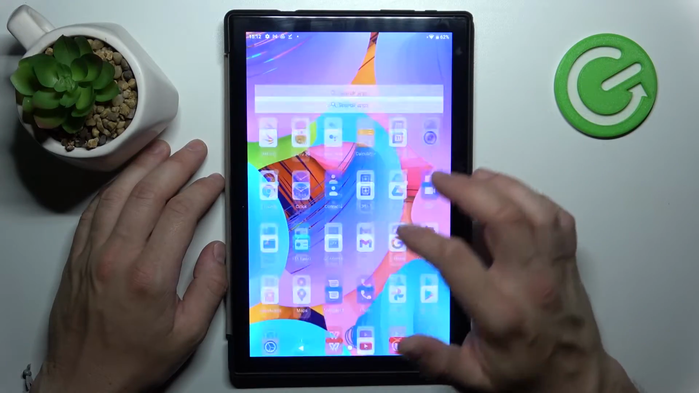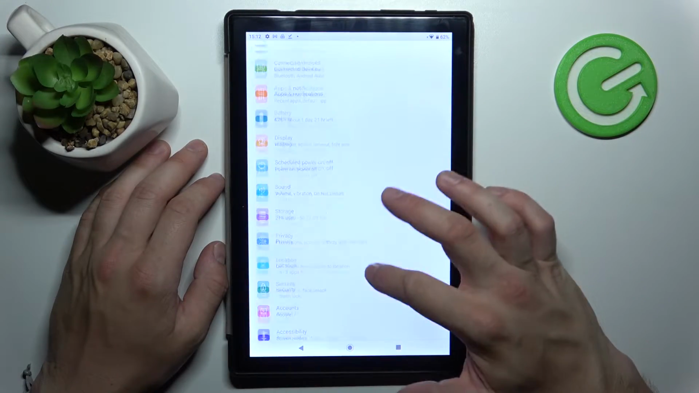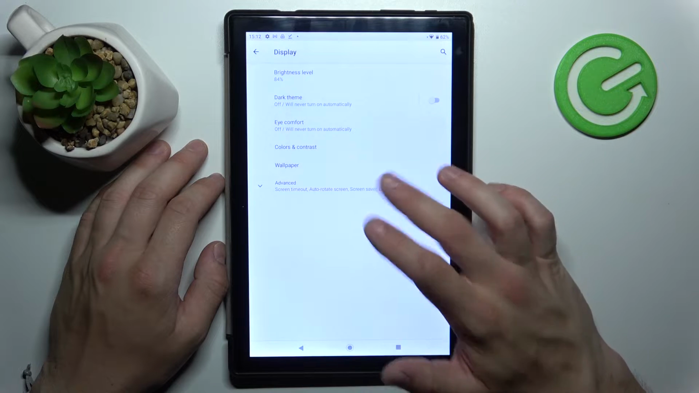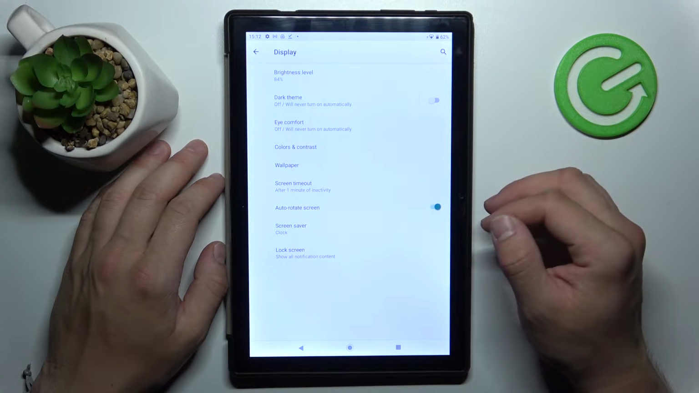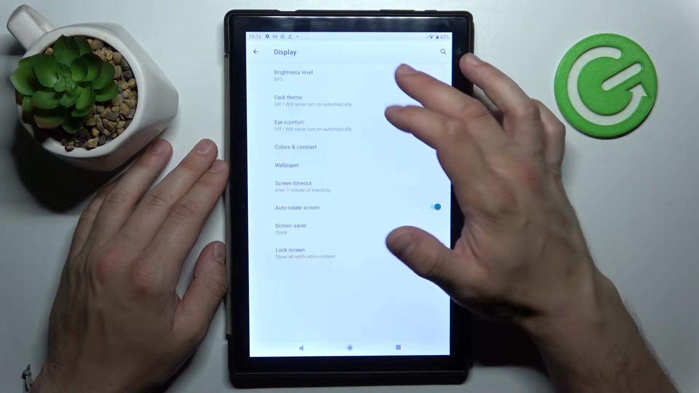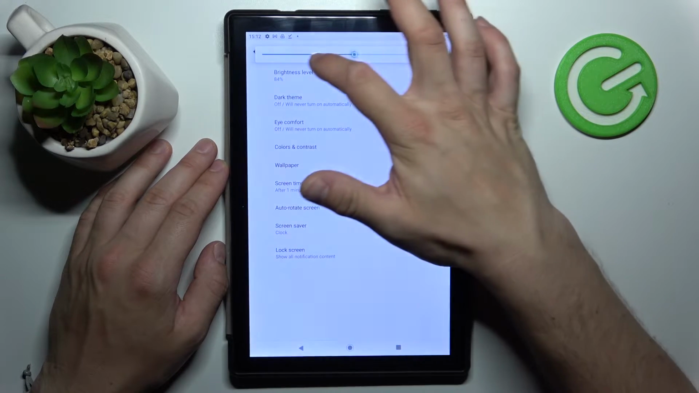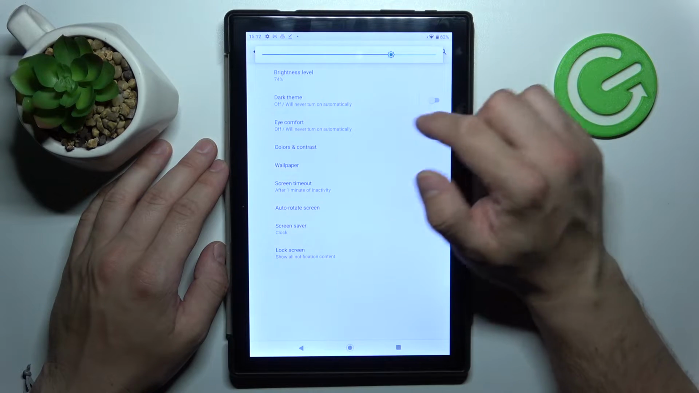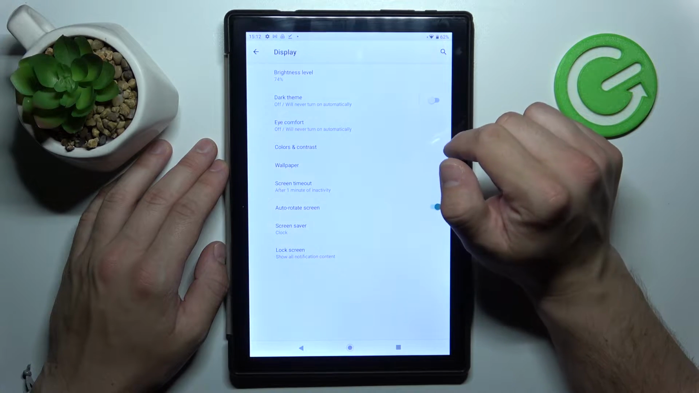In the beginning, let's go to settings and enter display. Extend the list, and as you can see right here, we've got all settings for our display. Let's start with the top of the list, where you can change brightness level manually, enable or disable dark theme,